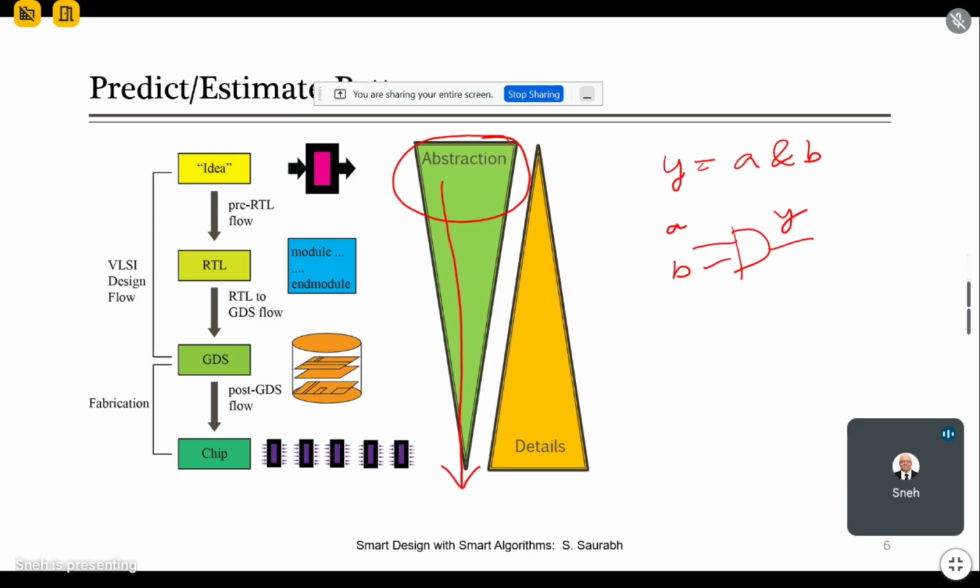So in this case, one of the motivations of using ML technology in the EDA tool flow is to make a better estimate of the design parameters, right? Now much better because ML technologies are basically more